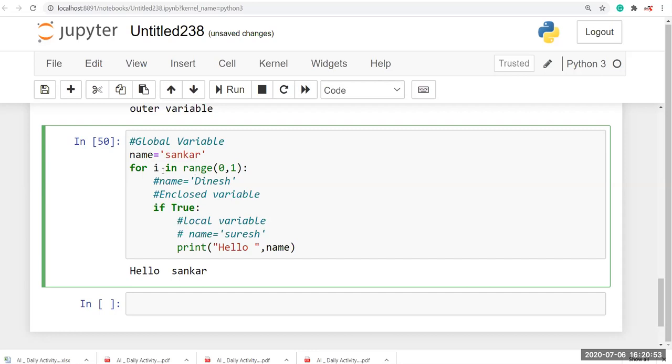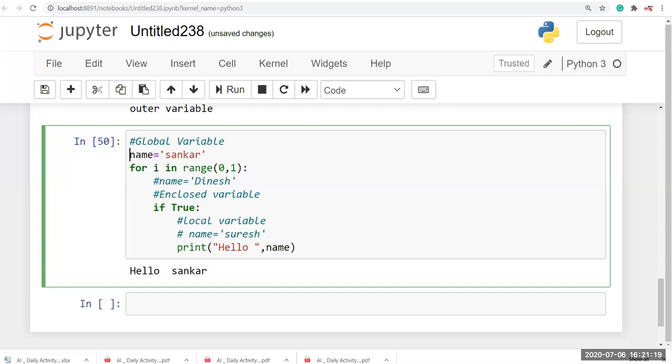If it is not in the enclosed variable, it goes to the upper one, that is the global variable, and checks there. If it is there, it prints. If it is not, it goes to built-in functions and checks if any built-in function has that name. If it is not, it prints an error.